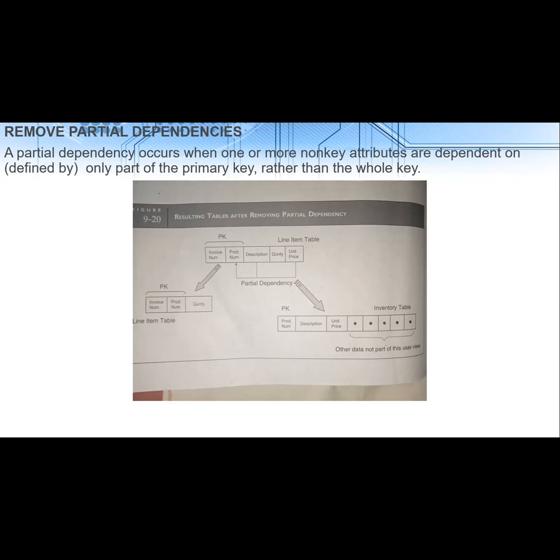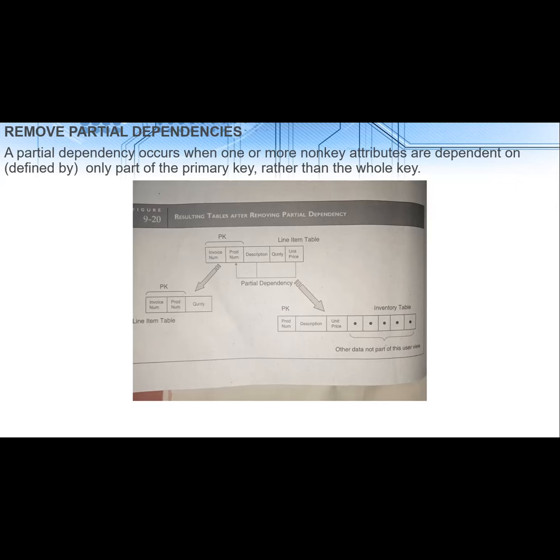If we assume, however, that the price charged for R234 is the same for all customers, then the unit price attribute is common to all transactions involved in product R234. Similarly, the attribute description is common to all transactions. These two attributes are not dependent on the invoice number component of the composite key. Instead, they are defined by product number only and therefore are partially dependent rather than fully dependent